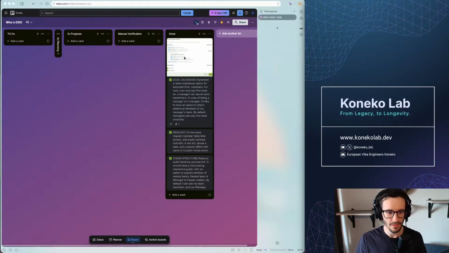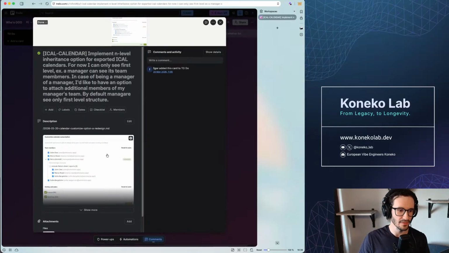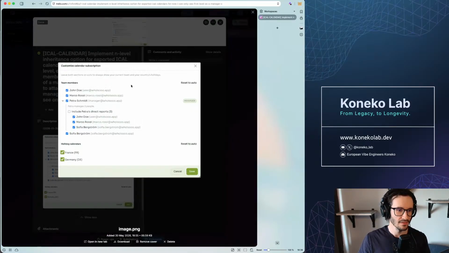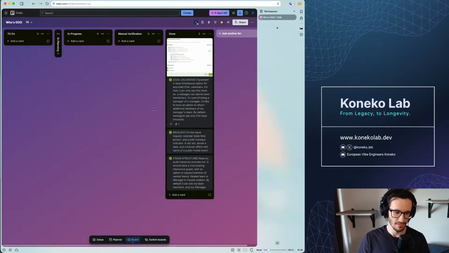So last time we worked on hierarchy preview. This is moved to done, and as well improvements to the feed customization. What you can see here is the old state. We improved it a little. If you would like to learn more, please take a look at the previous session.